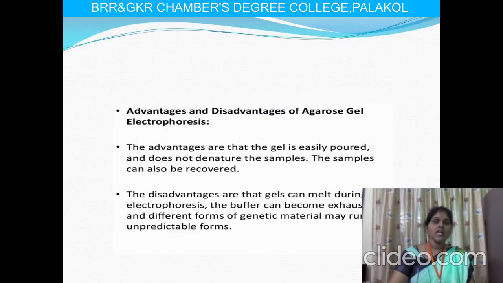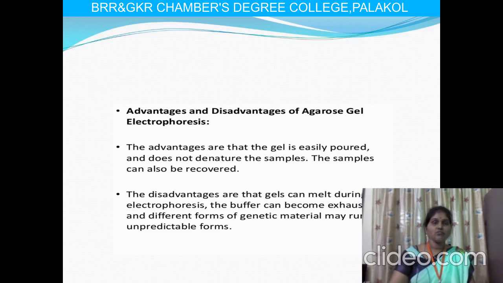Okay, the next topic is the advantages and disadvantages of agarose gel electrophoresis. The advantages are that the gel is easily poured and does not denature the samples, and it does not react with the samples which are going to be separated, and it is very easy to recover also. This is one of the advantages, and the disadvantages are that the gels are